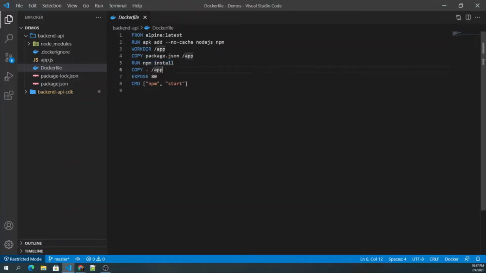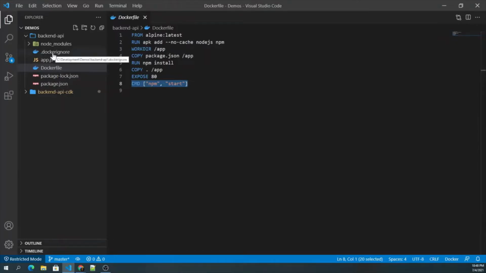And with this line, we are copying all the other files to the working directory. With this line, we are mapping the host port with the container port, and we have specified the port as port 80. And finally, this start command is used by the container to start the application.